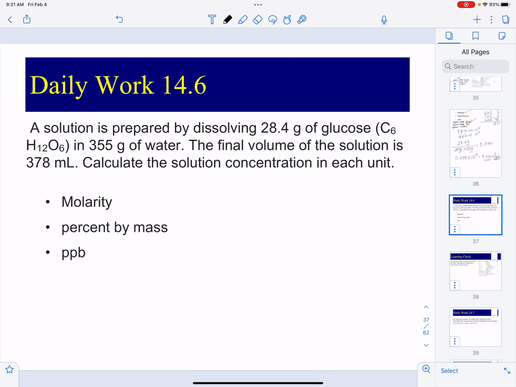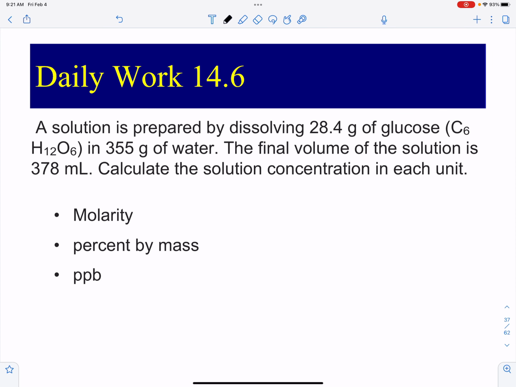So this is your daily work. Your daily work is that you are given glucose again. You have the same amount of water, and now you are doing percent, which you know how to do, and you're doing parts per billion, which you know how to do, and you're doing molarity that you learned how to do in Chem 1411. But just a quick review: molarity is going to be moles of the solute